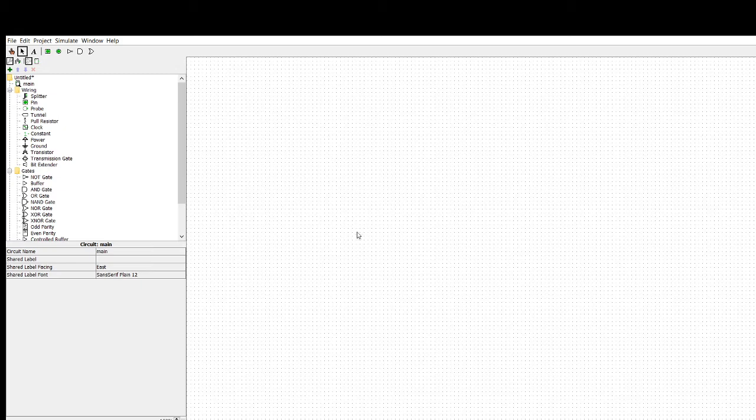Now I am going to discuss how to use Logisim. It is an open source software in which you can test the basic logic operations. So I am going to teach you how to do the basic gate testing, or basic combinational logic circuit testing, in it.